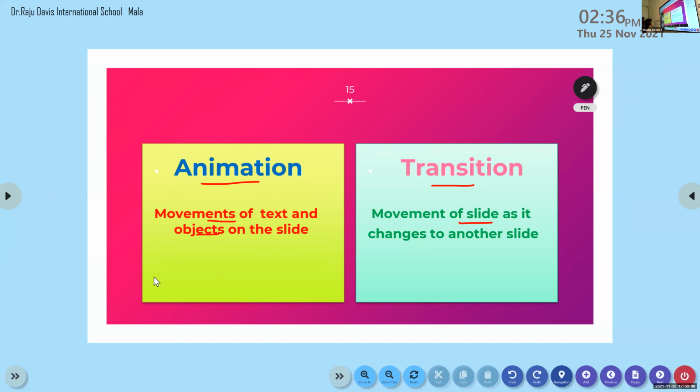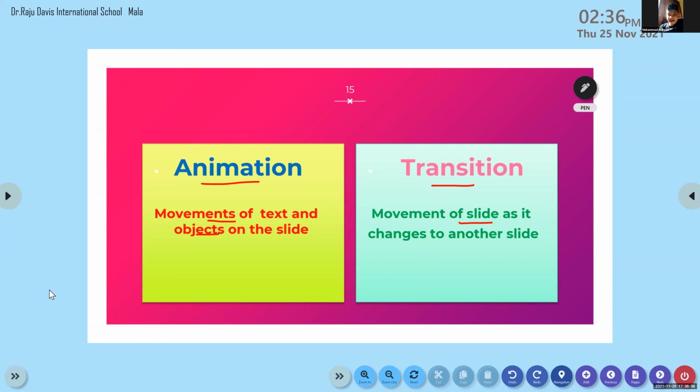So animation means, Zahra, what is animation? Unmute. So what is animation? Animation is movement of text and objects on the slide. Excellent. Mohammed Adnan, what is transition?